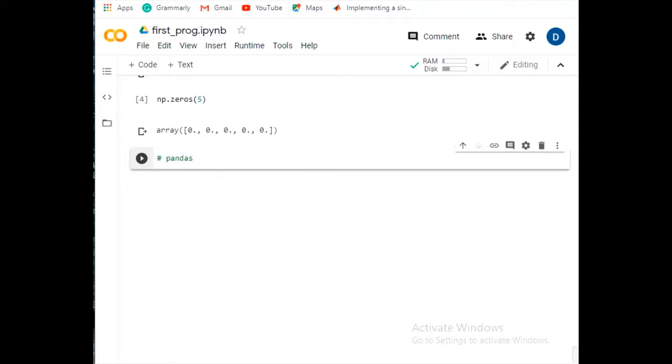Beginning with pandas, what exactly is pandas? How can we define this? Pandas is basically nothing but panel data. In short, we are just saying it is pandas.